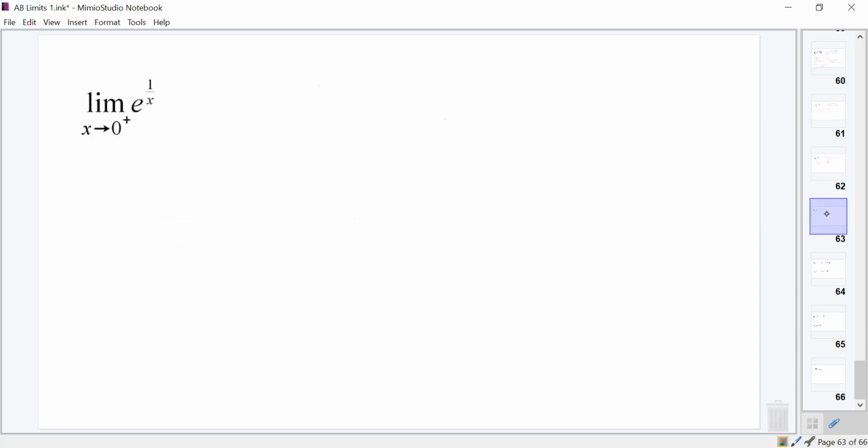But we can use the same process. Let's just substitute out this 1 over x so that it doesn't look like a function we're not as familiar with. Let's just make it look like e to the u. Let's just let u equal 1 over x. And if u equals 1 over x, as x approaches 0 from the right-hand side,